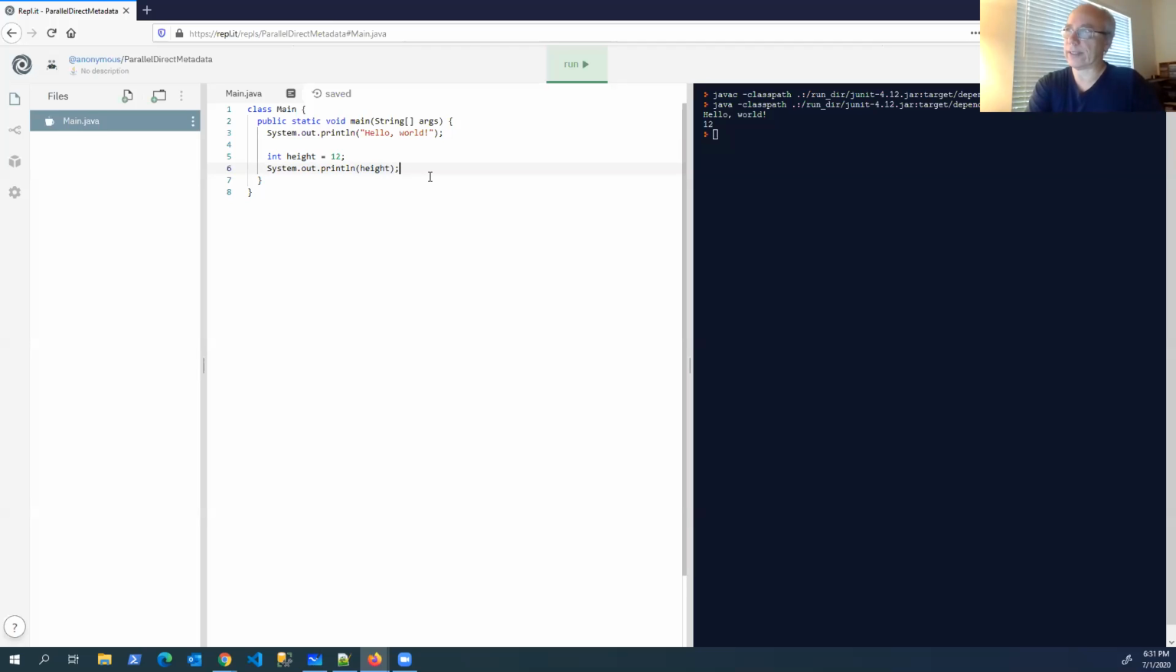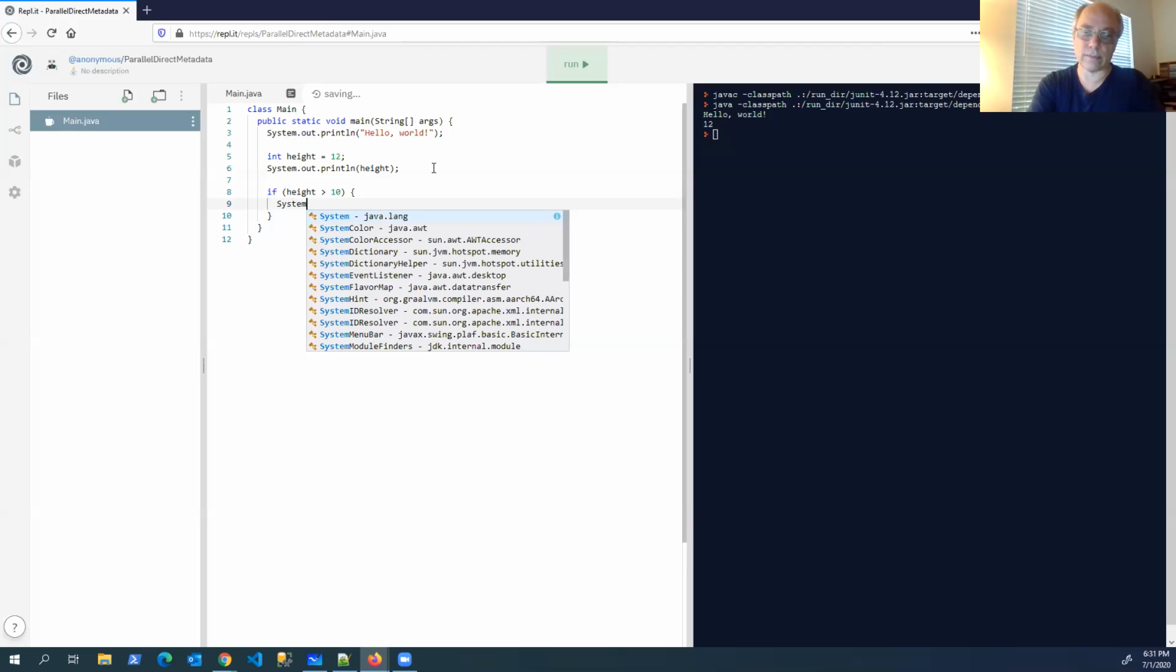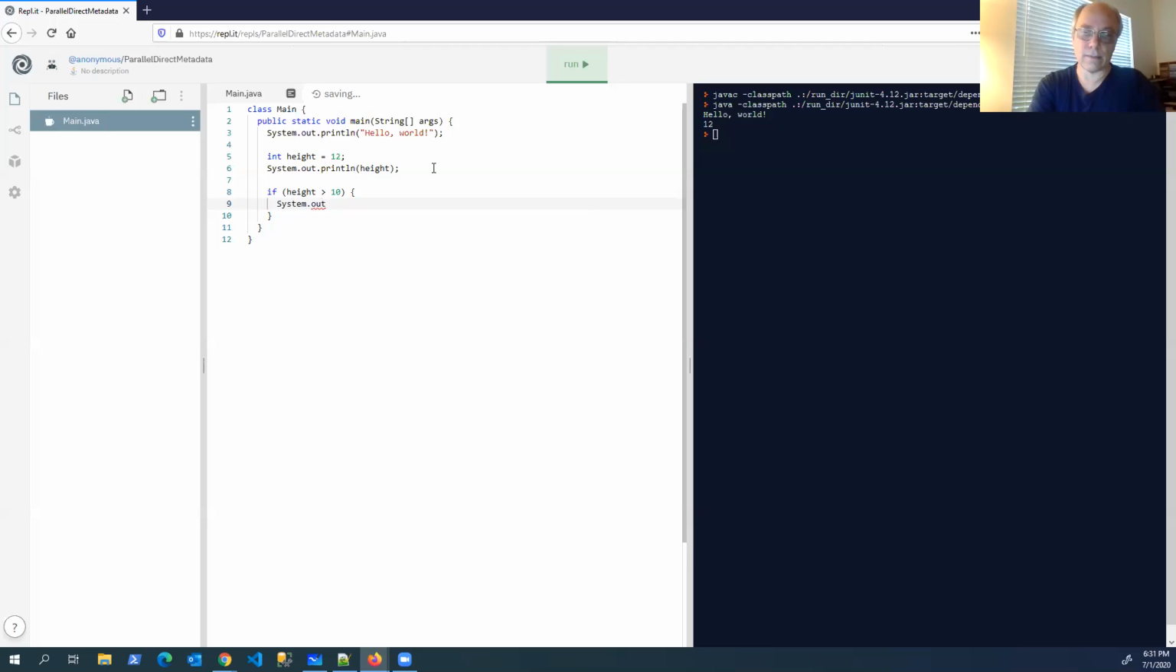If statements look exactly like JavaScript: if, some sort of condition, like if height greater than 10, and then curly braces. And then we could say something like System.out.print,